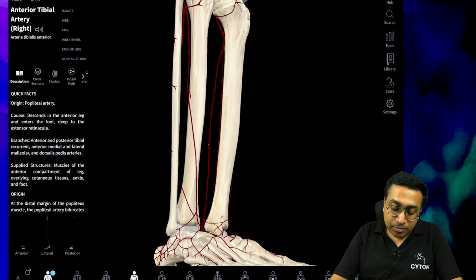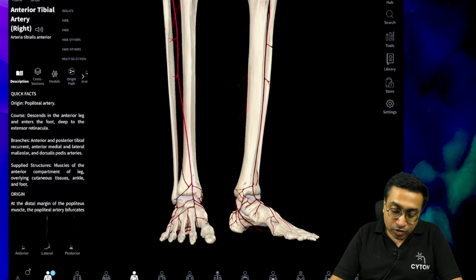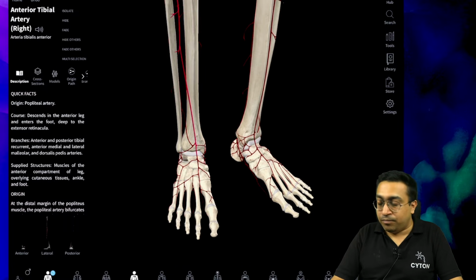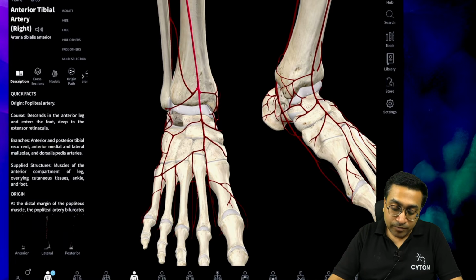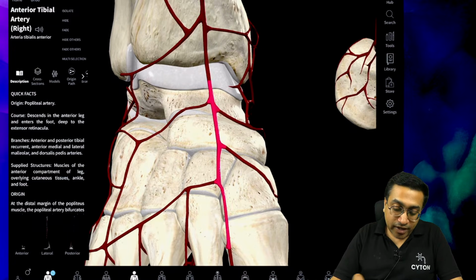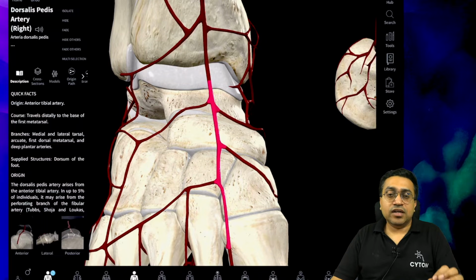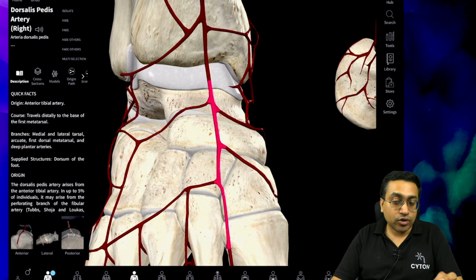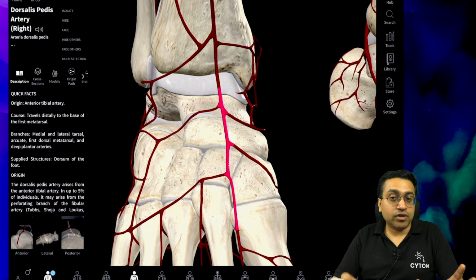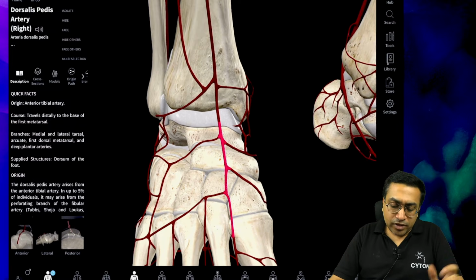This anterior tibial further goes into the foot region, and if you see carefully, it continues in the foot as the dorsalis pedis artery, and it is very, very important as a peripheral pulsation in the body. We will discuss it eventually region wise. In patients of diabetic foot, the dorsalis pedis pulsation is to be felt and checked very carefully if you are suspecting any gangrenous lesion, because this is a very important peripheral pulsation which has to be checked. We will discuss that.